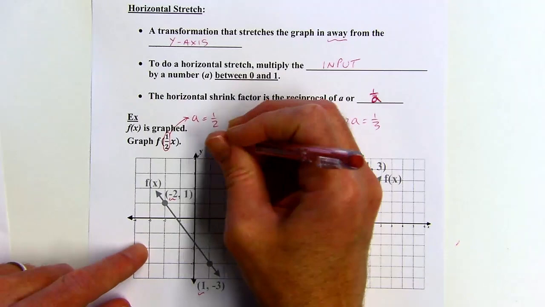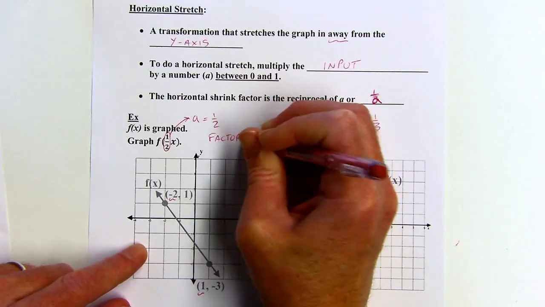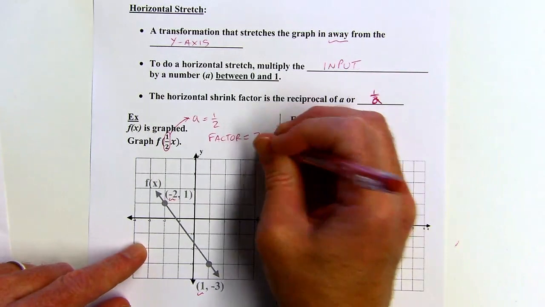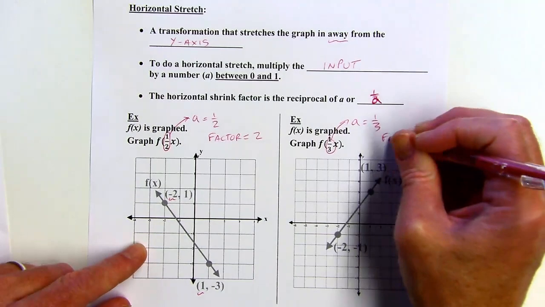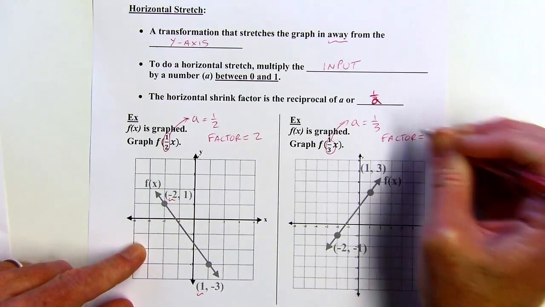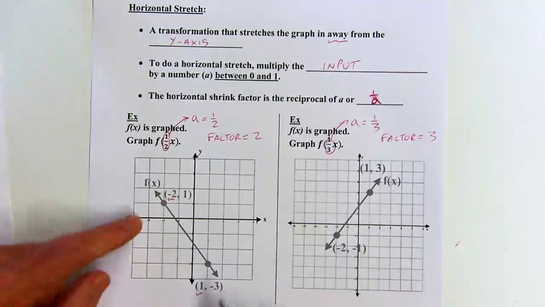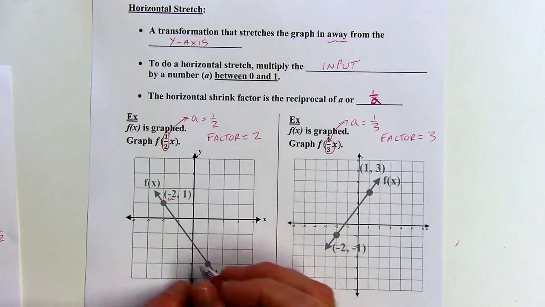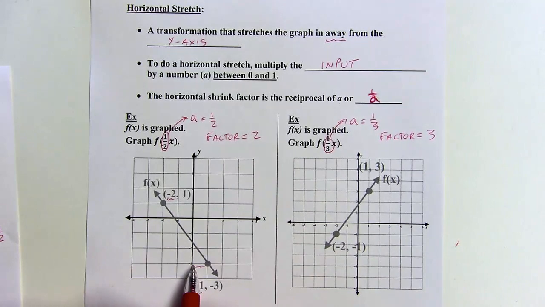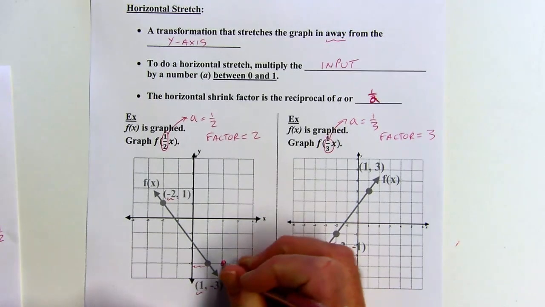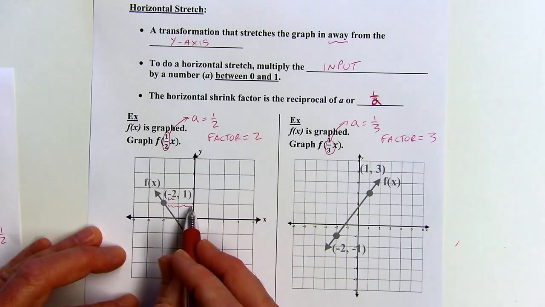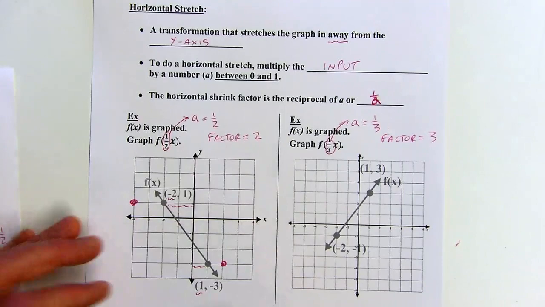So here the factor, I'm thinking the reciprocal of 1/2, well, if you flip that fraction upside down, you get 2/1, which is 2, right? My factor here, if I flip 1/3, I get 3/1, which is 3. So that means I'm going to multiply these x values by 2, okay? Another way you can think about it, it's going to double the distance from the y-axis. This is 1 unit away, so if I double that, now that's 2 units away, okay? This right now is 2 units away, so if I double that, my new point will be 4 units away